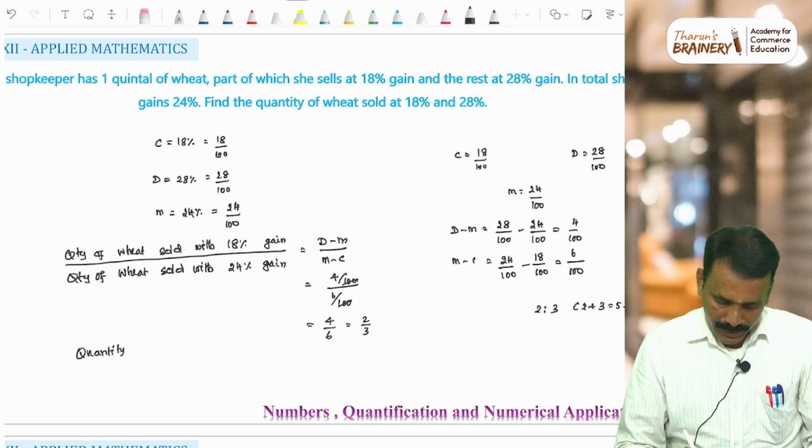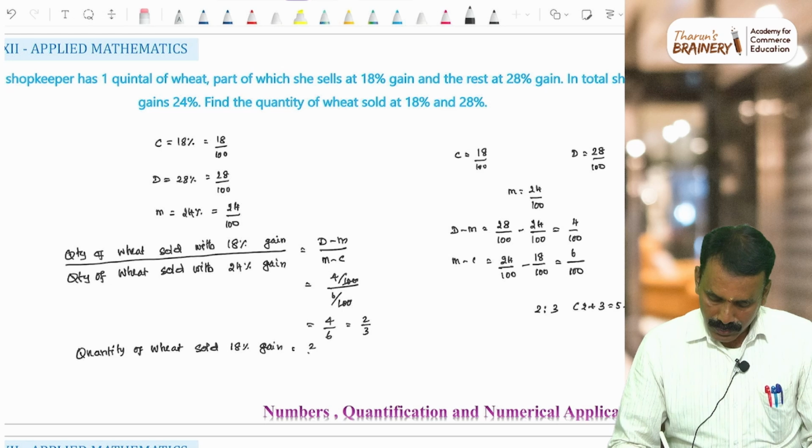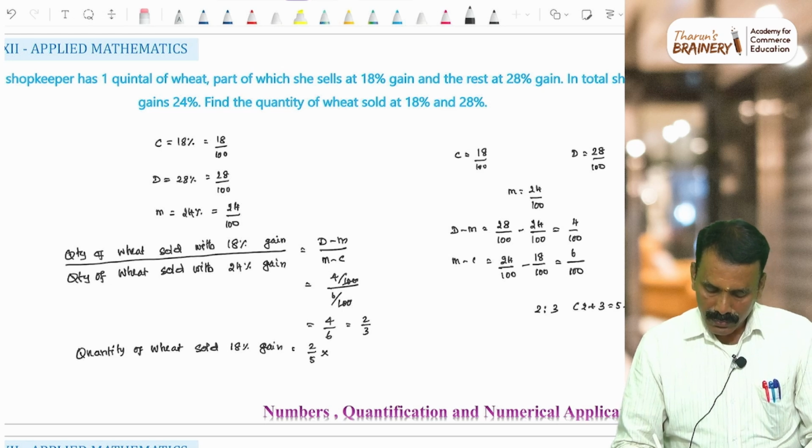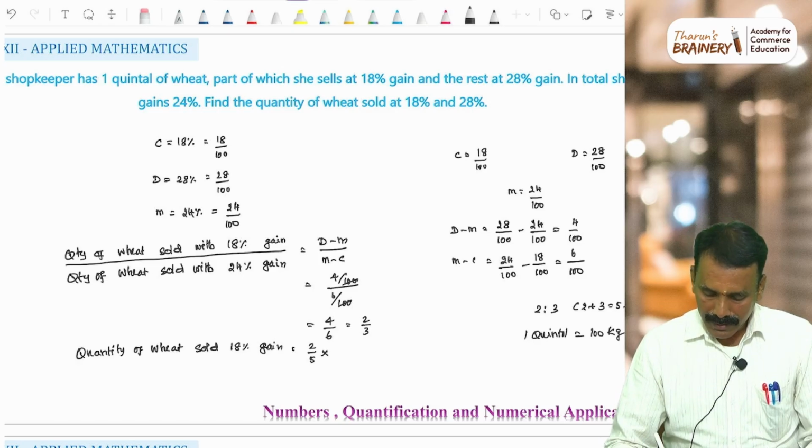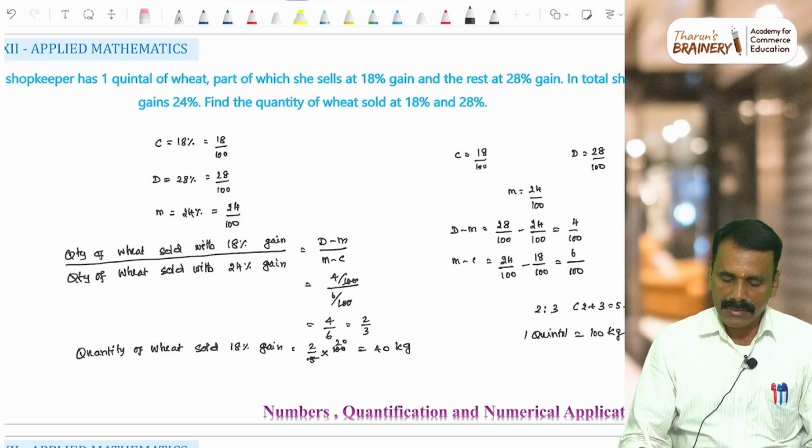So quantity of wheat sold with 18% gain is equal to 2 by 5 into 1 quintal. 1 quintal is equal to 100 kg. So we multiply with 100. So 5 cancels 20, 2 into 20 will be 40 kg. So 40 kg of wheat should be sold at 18% gain,